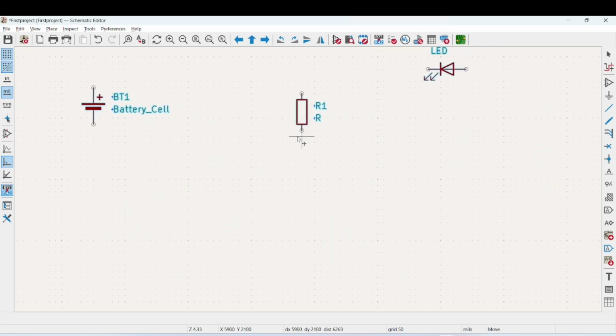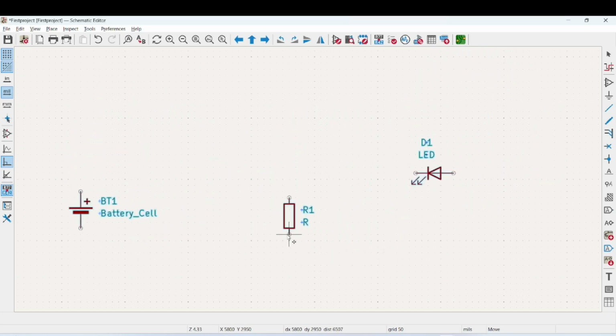Now let's say you want the component LED to be rotated by 90 degrees. So what you can do is you need to select this component and then click on the R key from the keyboard to rotate it. If you press the rotate or the R key again, it will rotate the LED again. So this is how you can move and rotate the symbols. That is how you can arrange your schematic components quickly and accurately in